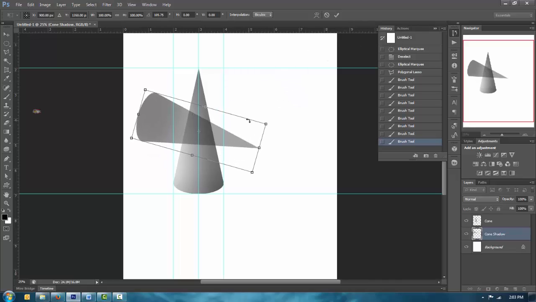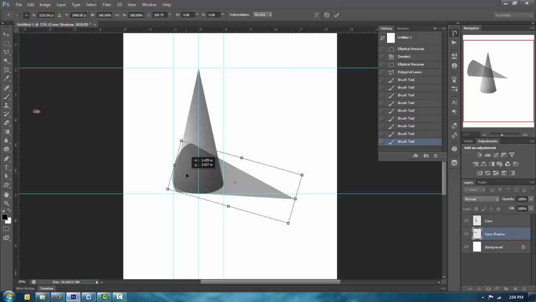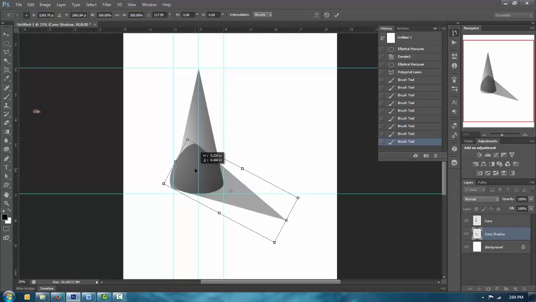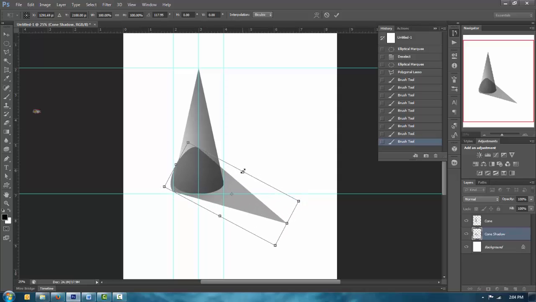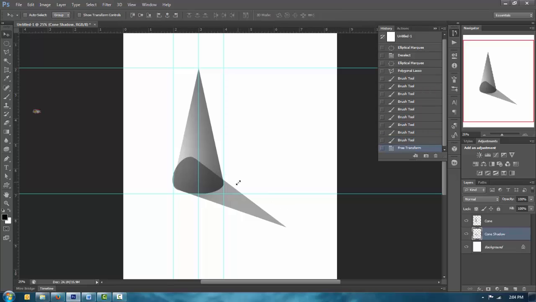to take my shadow and tilt it, reposition it. This is making sure that my shadow is going to match. This could also be a good opportunity to resize the shadow if I needed to do so. Not too bad. And then again, same situation as before. If I need to remove portions,